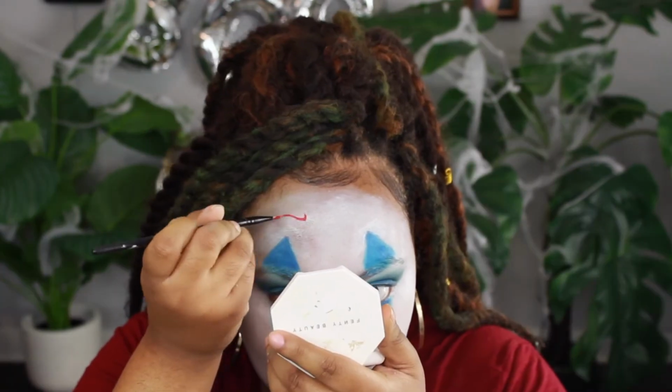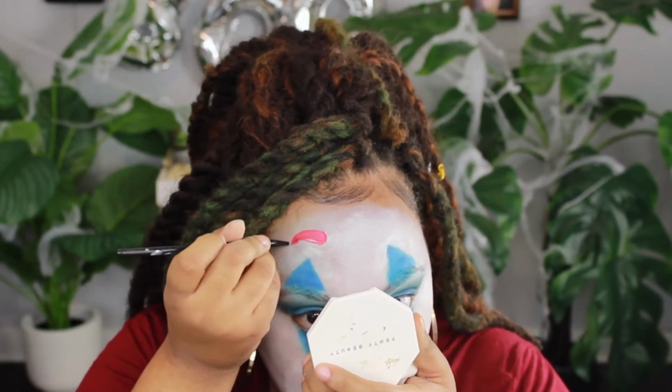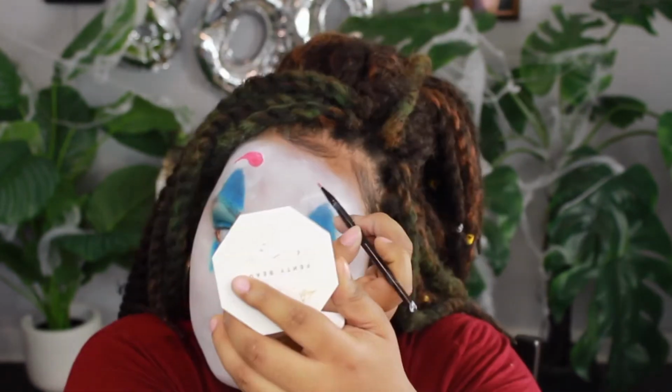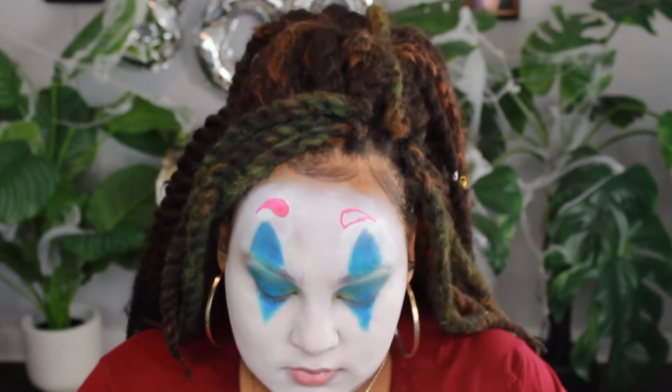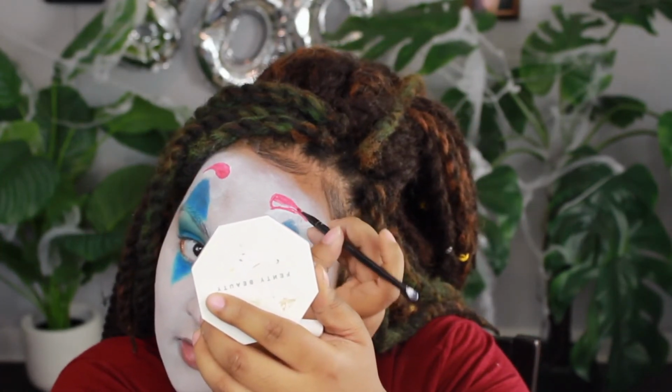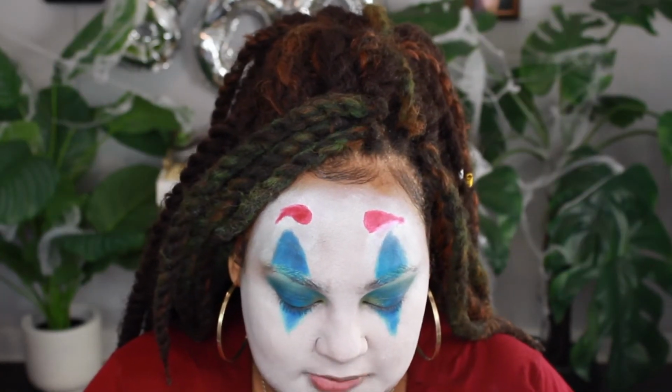Now we're gonna do eyebrows. So he has those little red eyebrows at the top that we're gonna create. Okay, same deal, CC Beauty palette, but I'm gonna go into the red. I'm gonna take the red in the CC Beauty palette again. I'm basically just gonna do